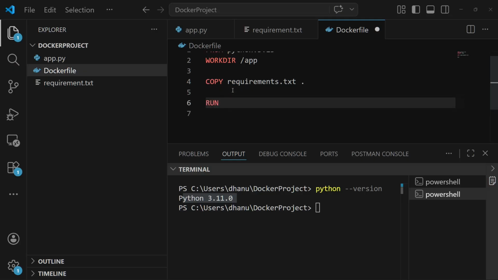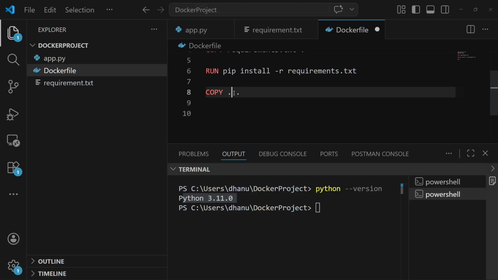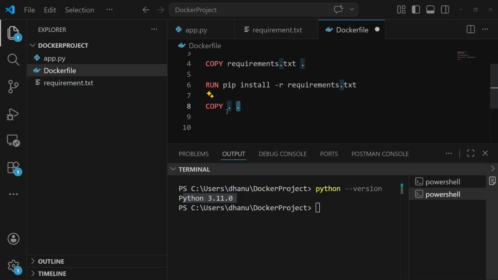Next we are running pip install -r requirements.txt. Next we are copying all the files into the app folder, so that's why we're using dot dot.